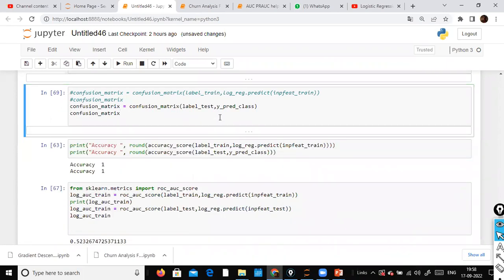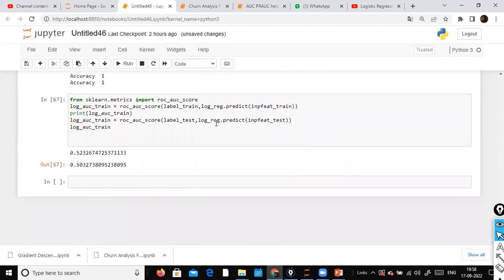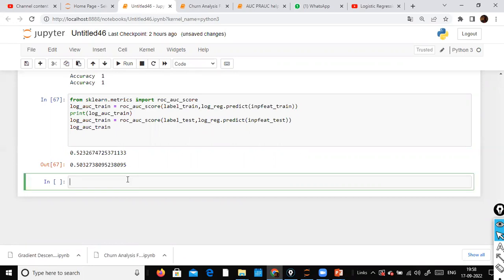Earlier it came out the first time, all right? So some problem here. Let me just check it out. The error says object is not callable, array. We are using np.array. It is not working out, and we will see. We will take a look at the other one from sklearn.metrics